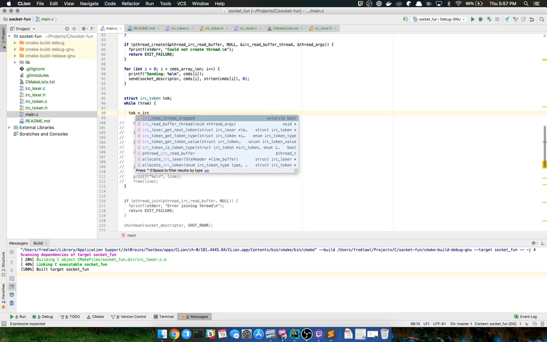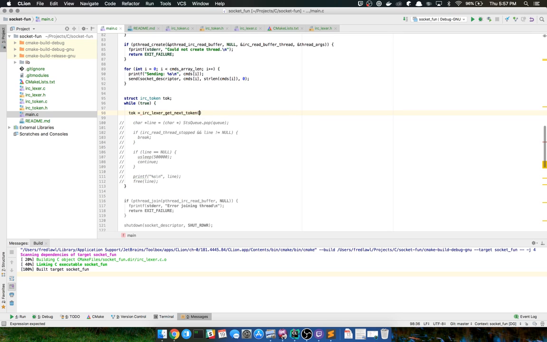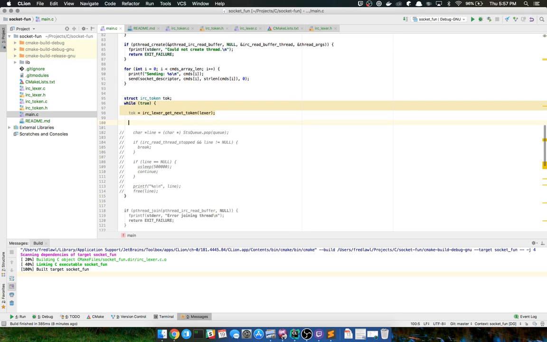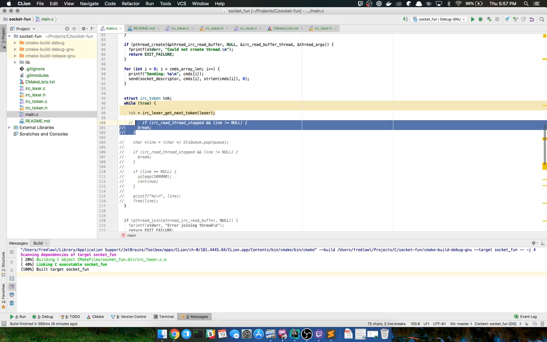I keep forgetting that this is not some object-oriented language. Just going to copy this out of here and put this here.